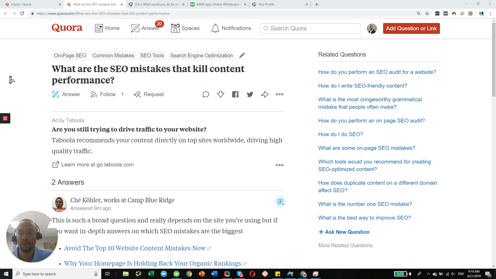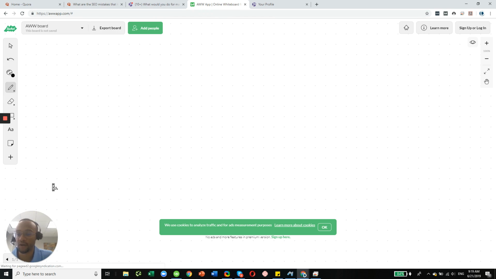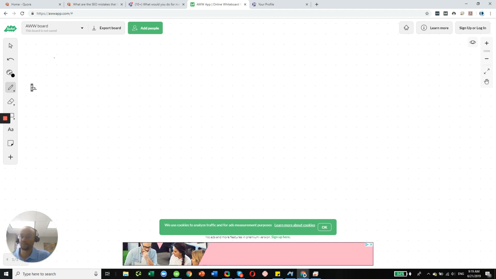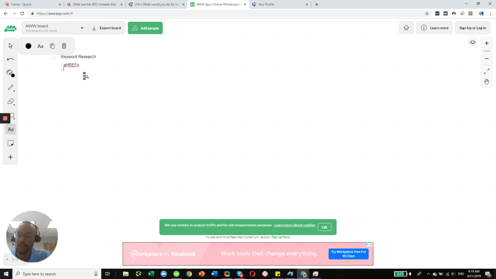There are a few tools to use when you are doing your keyword and topic strategy. First, I'll start with keyword research. My favorite is Ahrefs. There are a ton of others. You have Neil Patel's Uber Suggest tool. You have Moz. You have SEM Rush. Ahrefs, Moz, and SEM Rush are all premium tools, but Neil Patel's tool is actually free of charge now.